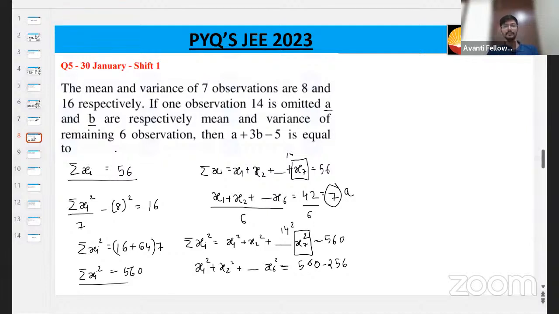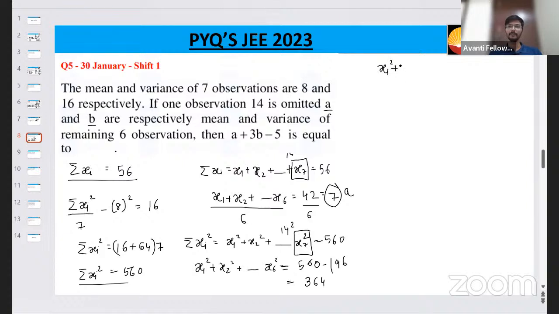Right? Which comes down to 364. Sorry, 14 square is 196. 560 minus 196 is 364. Yes. So the new variance will be